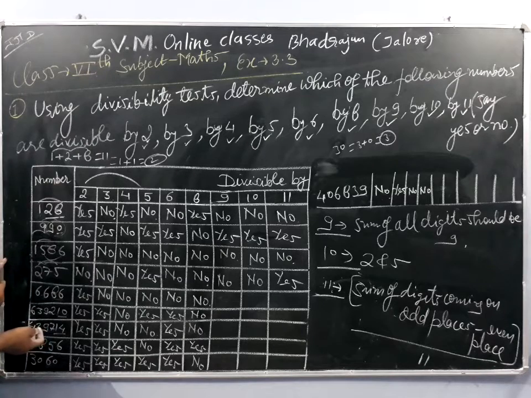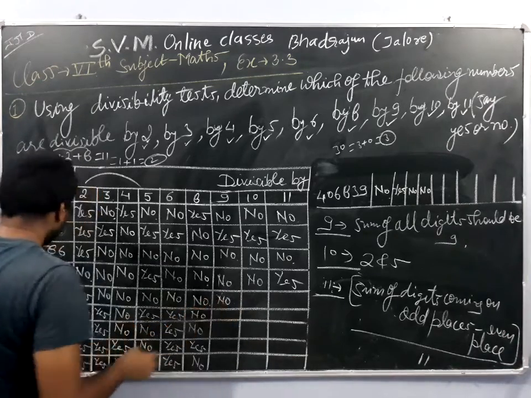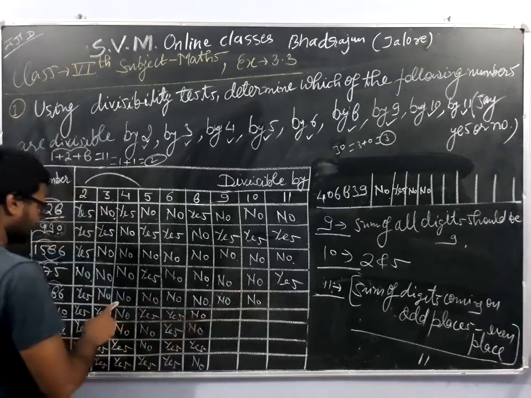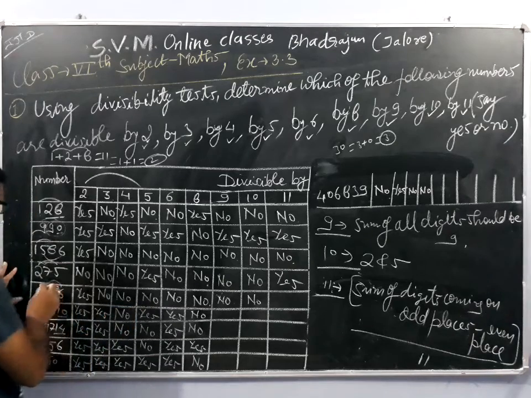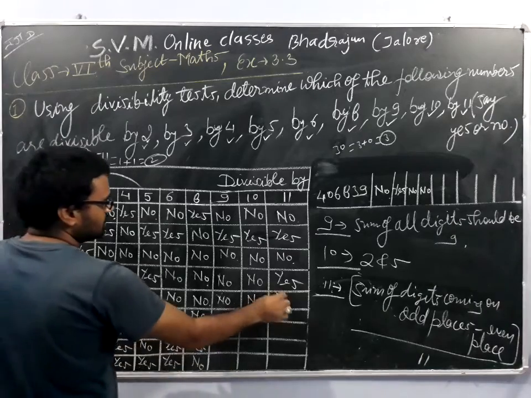Okay, so now let us move towards the last sum, which is to check whether the number is divisible by 9 or not. Here we are seeing the sum: 6, 12, 12 plus 6 is 18, 18 plus 8 is 26, the number is not divisible by 9. Okay, so our response is no. Here we are seeing the number is not divisible by 10 because it is not divisible by 5. Okay, let us check for 11. 8 plus 6 is 14 and 6 plus 6 is 12, 14 minus 12 is 2, hence the number is not divisible by 11.